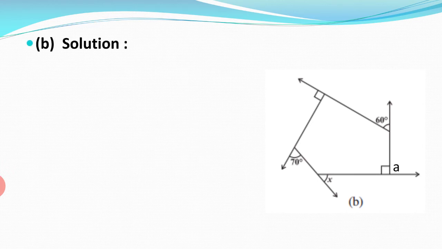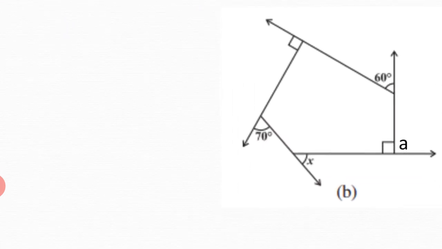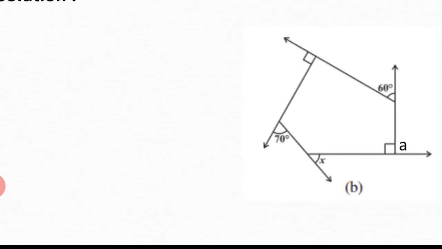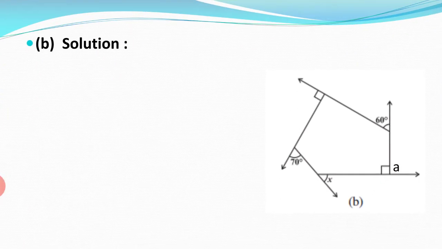Is it okay? So for that, we again go with the solution and we decide that angle as A. As I told earlier, if we want some intermediate angles or some few angles we need to find out, we can define them by using any alphabet. So we have taken it to be A, that is measure of the exterior angle which we require.